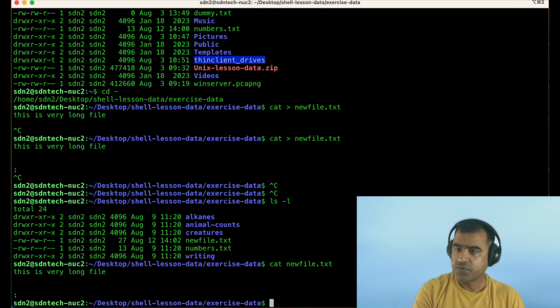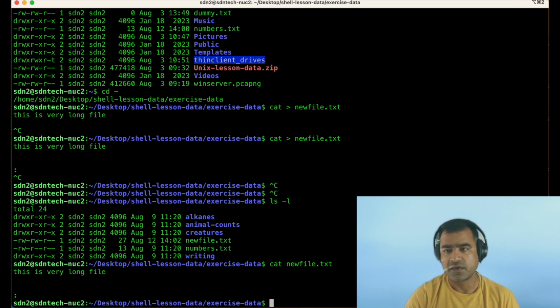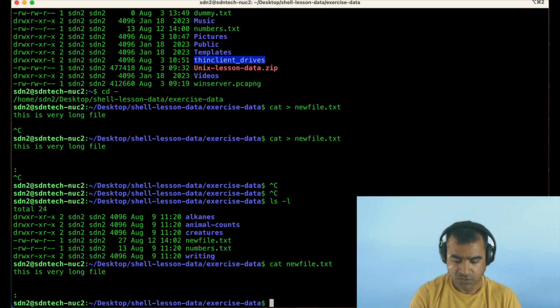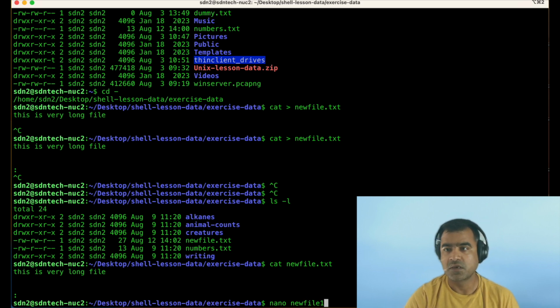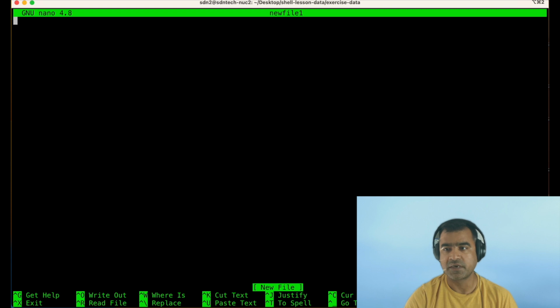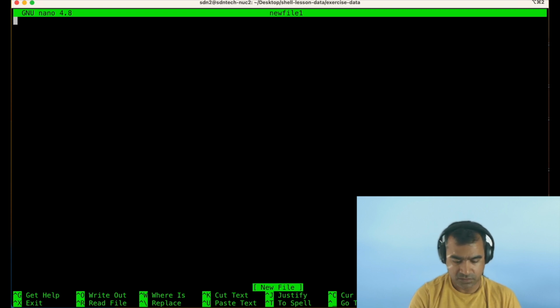So our new file is created using cat. What else can you do? You can use editors like nano, vi, vim, and we will talk about those editors in later videos. But let me quickly show you one more simple way to create a file. File one, and this is our very simple, simplistic editor. This is file created in editor. Some text. What you can do, you can use Control Shift O,